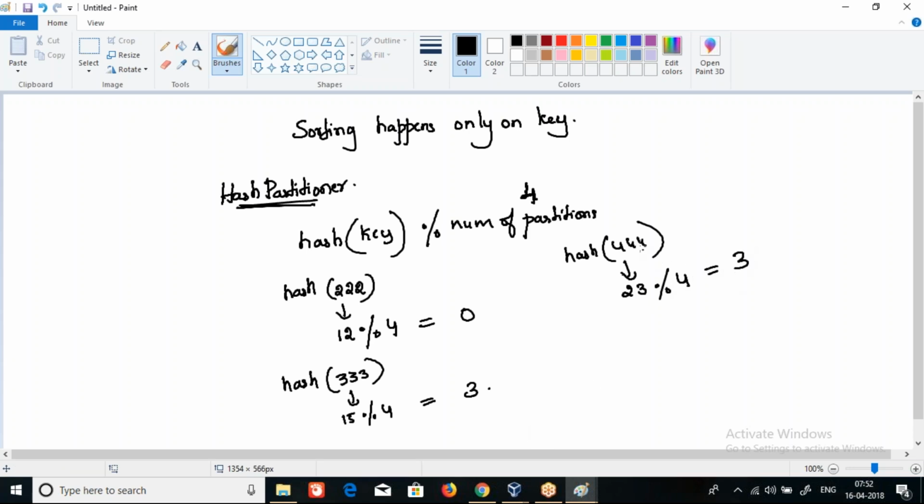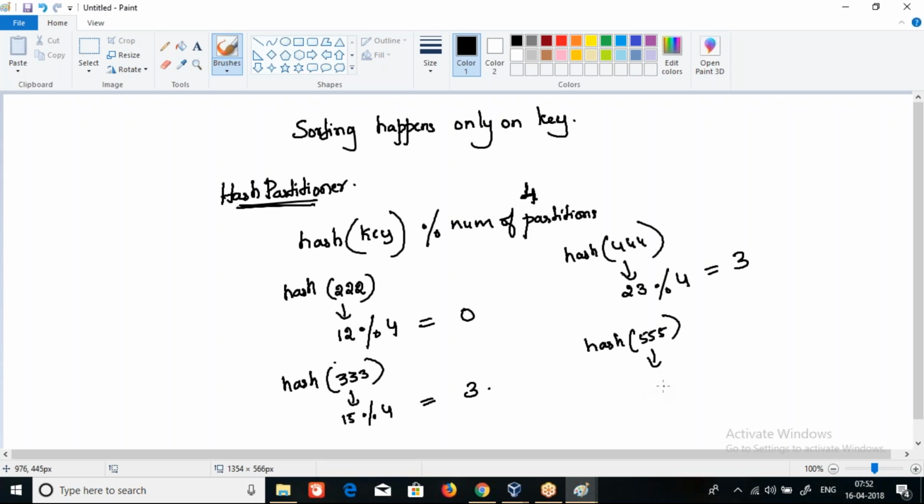Meaning all the records with key 444, with item ID 444, will go to partition 3. So partition 3 will have all the records from item ID 333 and all the records from item ID 444. In a similar fashion, we can have item ID 555